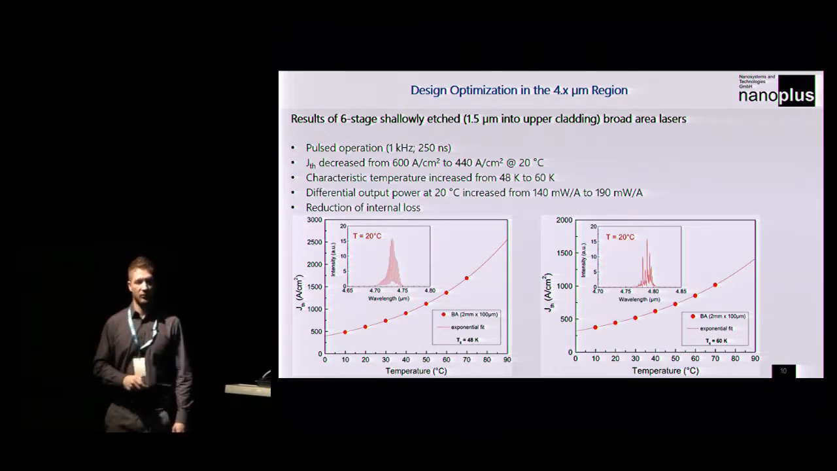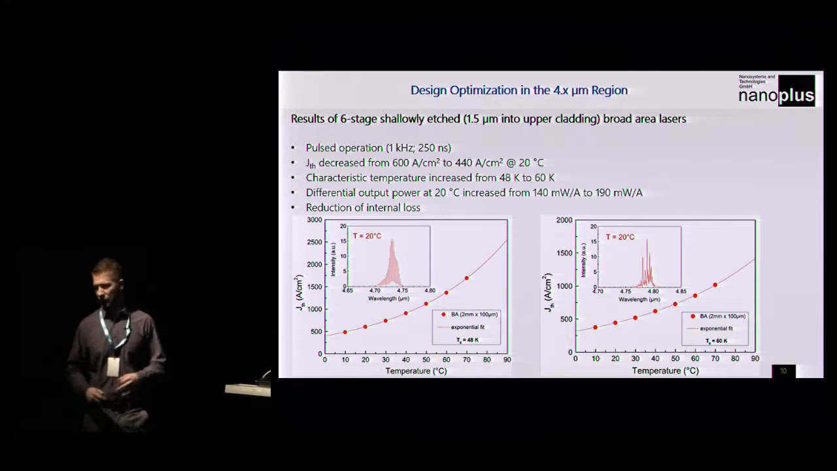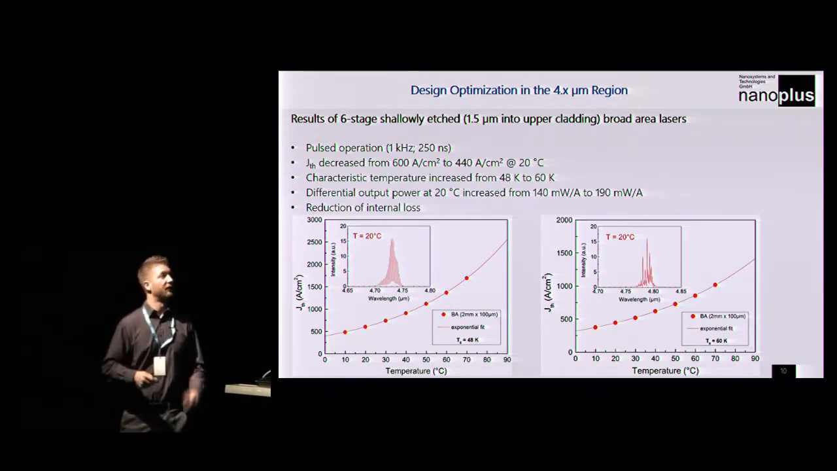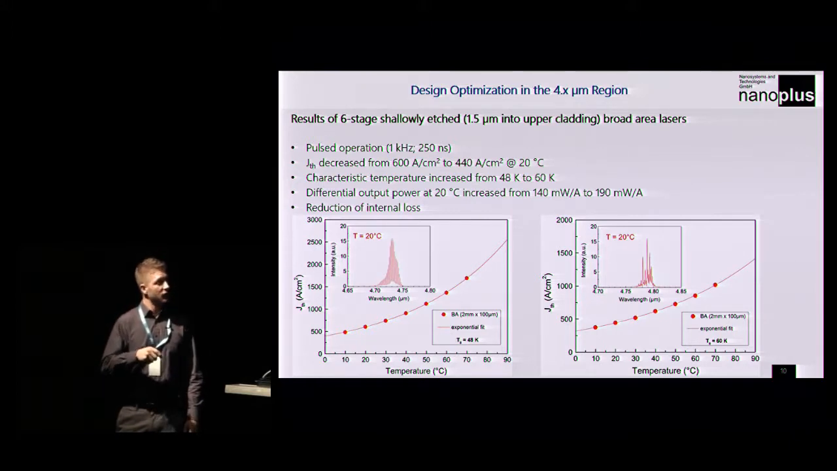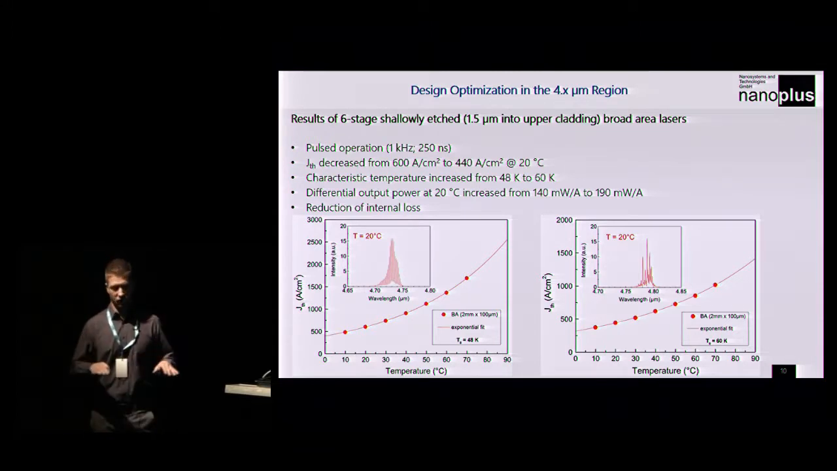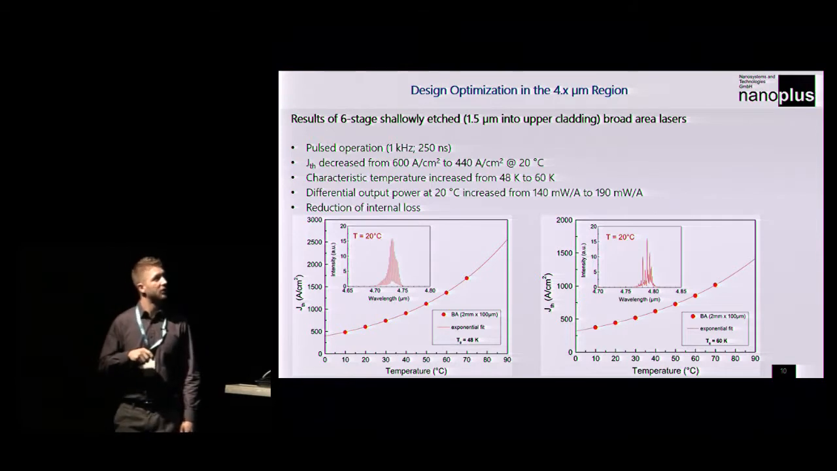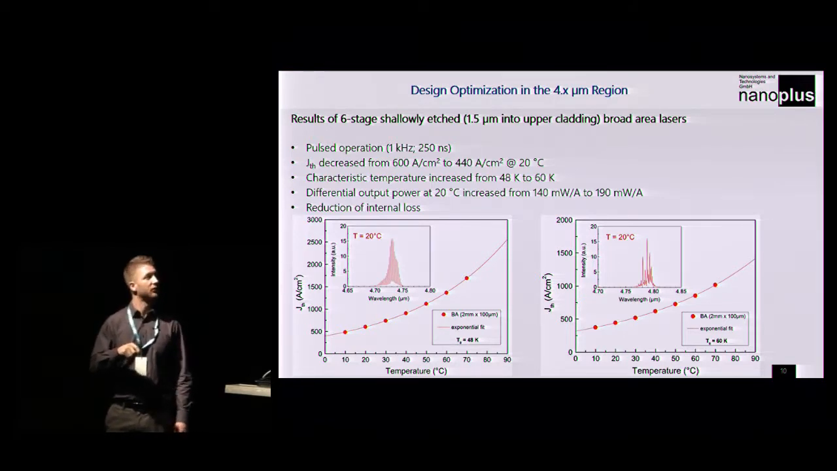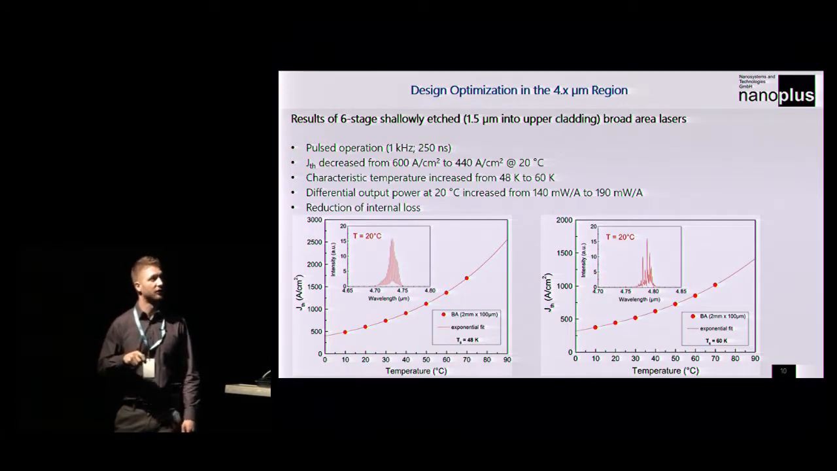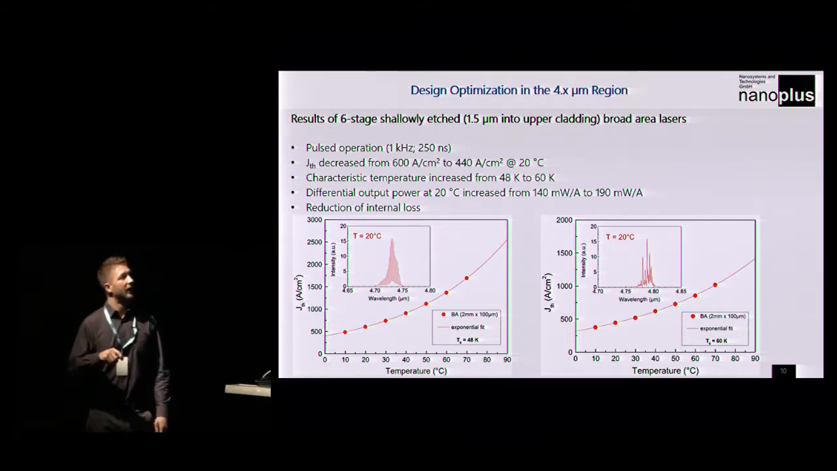Showing you here some results of broad area lasers that we typically process to give feedback to our guys from epitaxy. So we have shallowly etched broad area devices, which are etched 1.5 microns into the upper cladding. They're operated under pulsed operation, and we were able to reduce the threshold current density from 600 amps per square centimeter down to 440, increase the characteristic temperature, which I've shown you, and increase the differential output power, so the